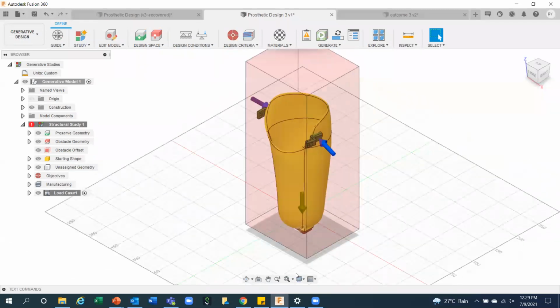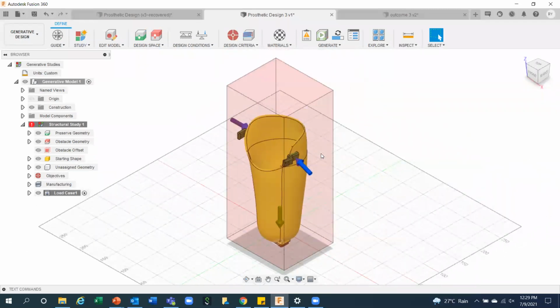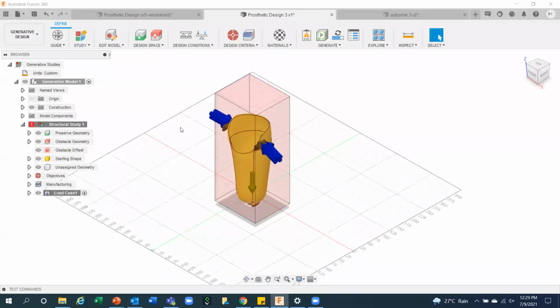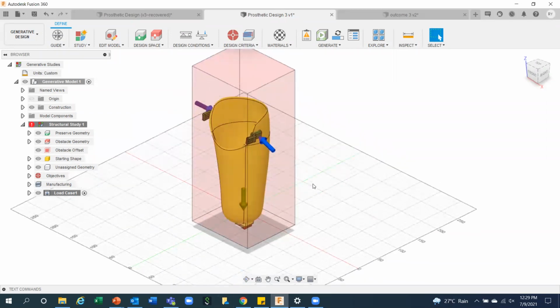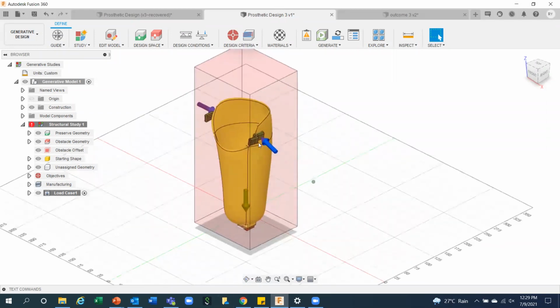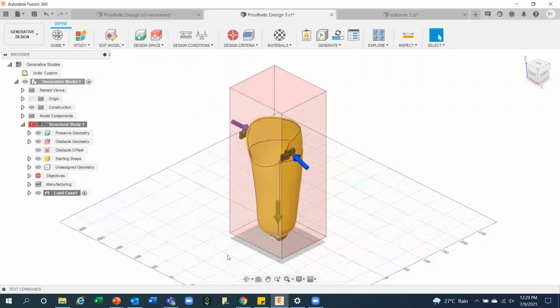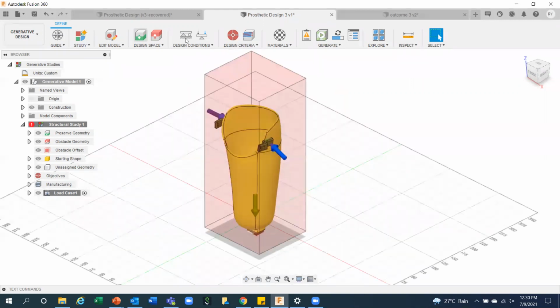This is the entire generative design workspace. What are all the different things you need to think over here? You can see there are some boxes which I have already created, some green objects and some red objects are already available. What are all these things? This is the complete generative design, with all these steps available in a sequence.